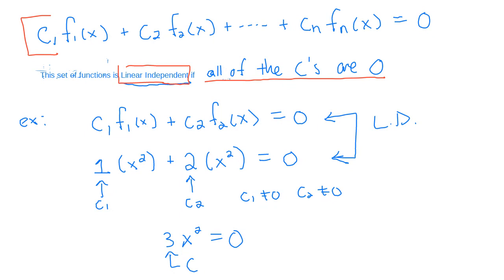This is a really weird concept. Just go with me. Do you see this equation right here? We have 3x squared equals 0, and that was based off of these two functions, 1x squared and 2x squared. That makes 3x squared equals 0. Your C is like the constant in front. So the thing is that to satisfy this solution, there